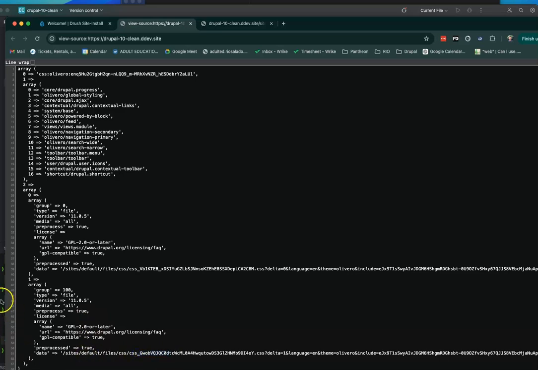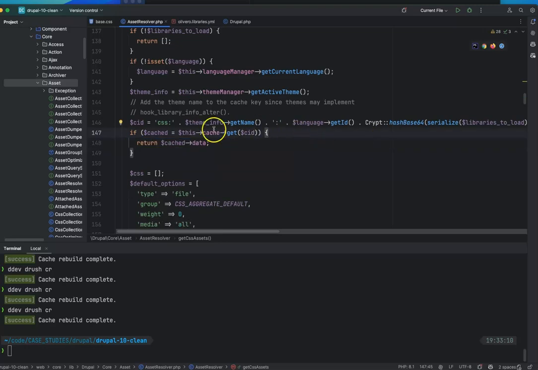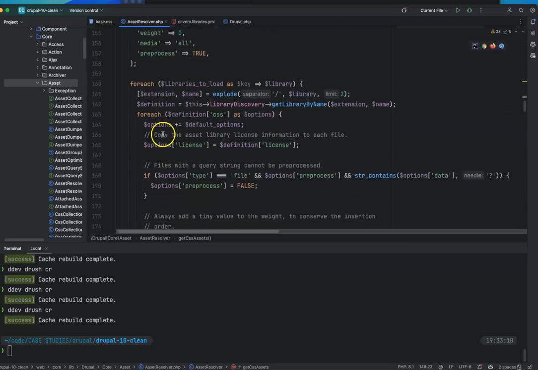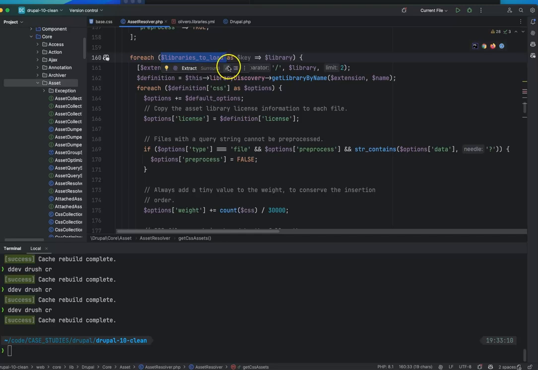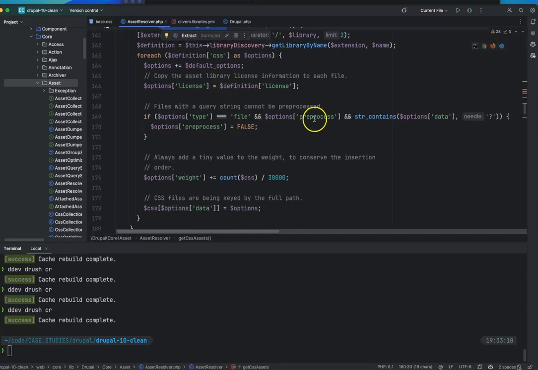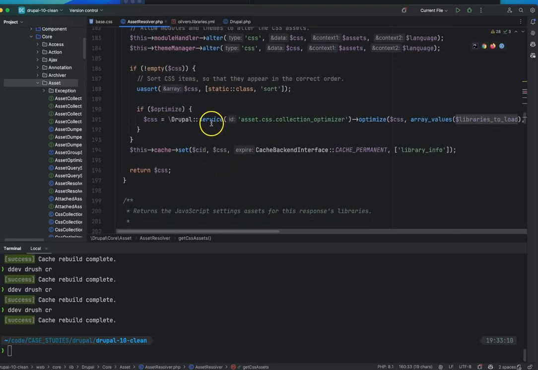And if you want to go even further on how that works, that string, when it's generated, it's stored in a database. So there's a cache ID with that CID, and then if it finds it, it will return the cached value. If it doesn't find it, it's going to start building it. So it goes to the libraries to load, those 17 libraries that we had, and it's going to pre-process them and minify them and do all that beautiful stuff. And then this is the